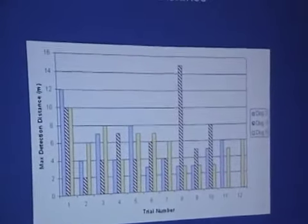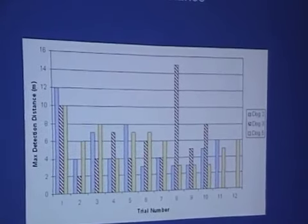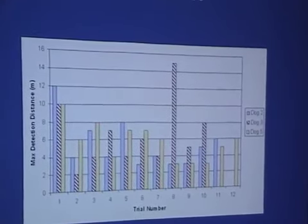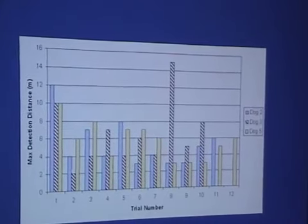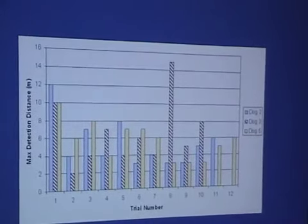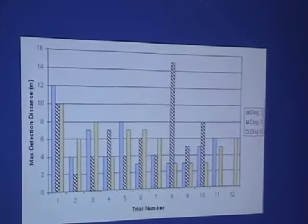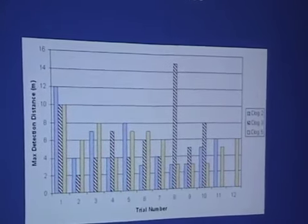Okay, so this is getting into the results, and this is really an ugly slide, and I'll just try and interpret for you. We were trying to keep track of the detection distance. Each one of those colored columns corresponds to one of the dogs, and Rogue had 12 different trials. We kept track of the maximum detection distance that a dog exhibited on one of those belt transects. And the way we could tell that a dog first got scent was,